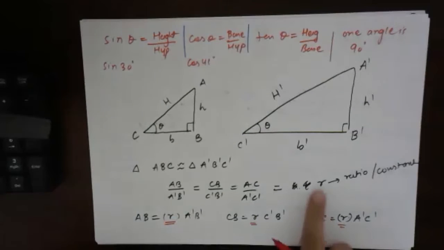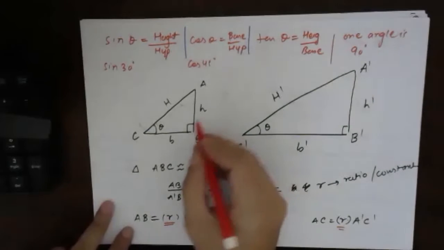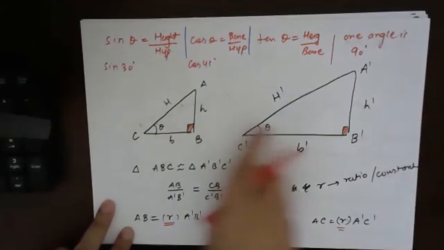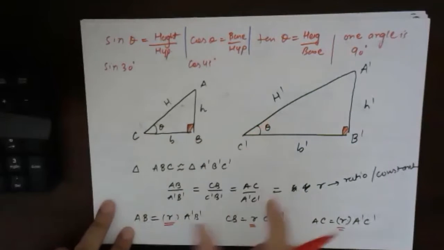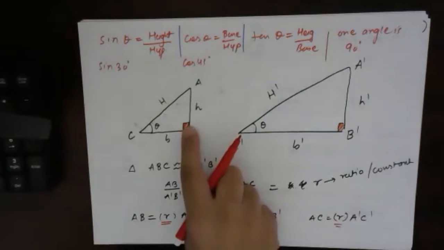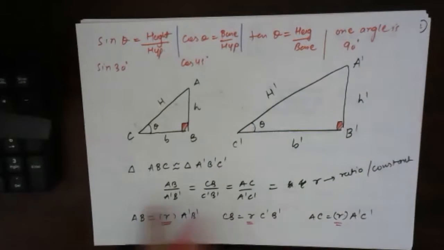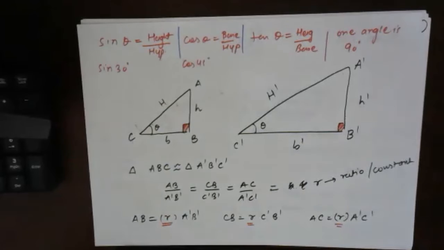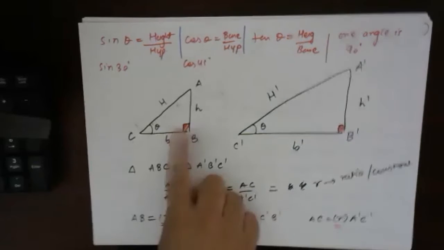Now remember, why are we able to write this? Because one of the angles is 90 degrees and the other angle is theta. So by the angle property, we can write that these two are similar, right? Any triangle which has a right angle and one angle as theta, we can write this ratio for those two triangles. So if we have some smaller triangles, we can write the same, right? Okay. Now see, I will write these two once again.